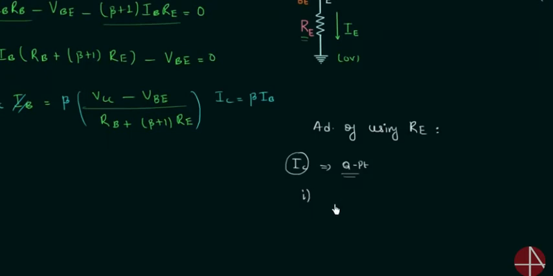The first thing is the temperature. If temperature increases, this implies the collector current will also increase, because the collector current IC is equal to beta times IB plus beta plus 1 times ICBO. ICBO is the leakage current or the reverse saturation current, and it only depends on the minority charge carriers. When temperature increases, the number of minority charge carriers will increase, and also ICBO. And when ICBO increases, from this equation you can see collector current also increases.